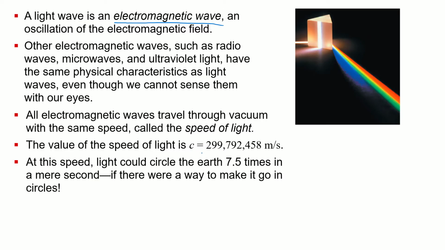The speed of light is determined by the medium you're traveling through. In a vacuum, the speed of light is extremely fast, approximately 3 times 10 to the 8 meters per second. So light can go around the Earth about 7.5 times in a single second. That's why all our telecommunications, our cell phones,